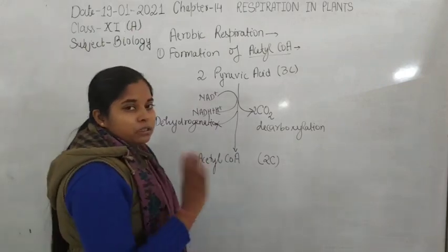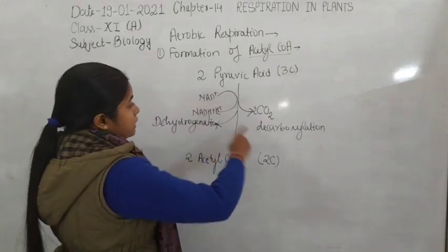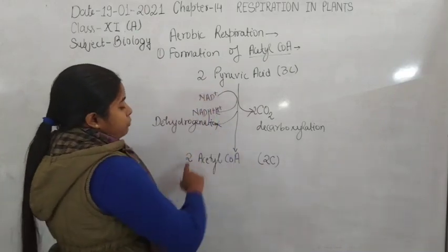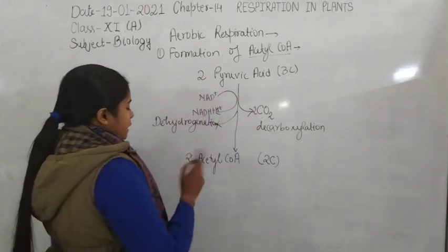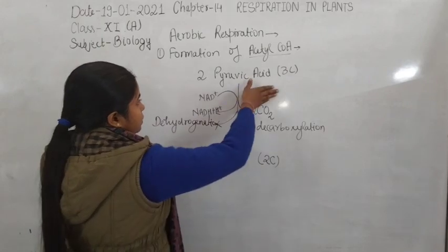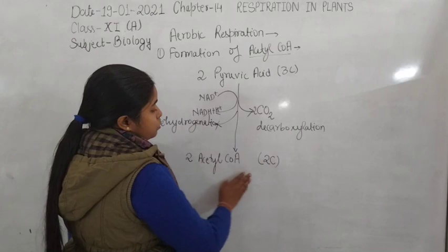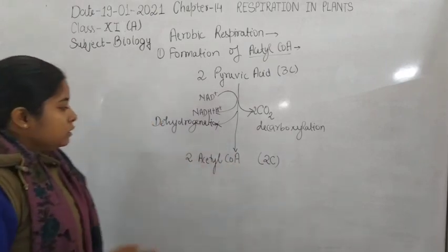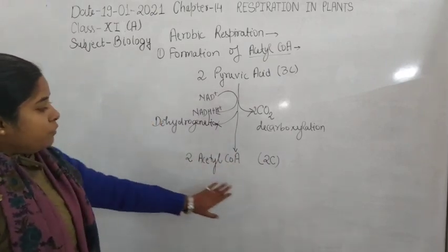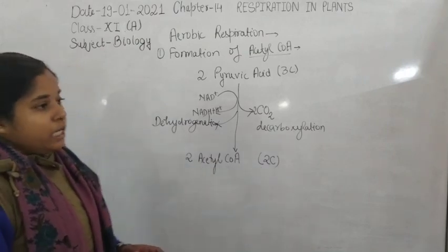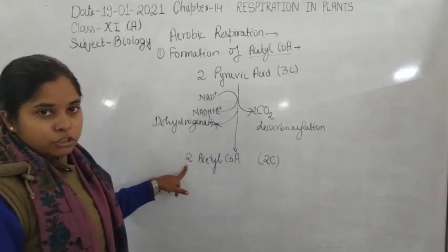There is this reaction, and finally the second carbon dioxide also releases from the second pyruvic acid, or the conversion of second pyruvic acid. Now the 3 carbon containing molecule here is converted into 2 carbon containing molecule. There is 2 molecule of acetyl coenzyme A. So overall the carbons are 4 in number. 2 into 2 is equal to 4 carbon.